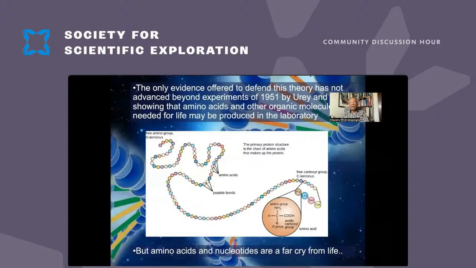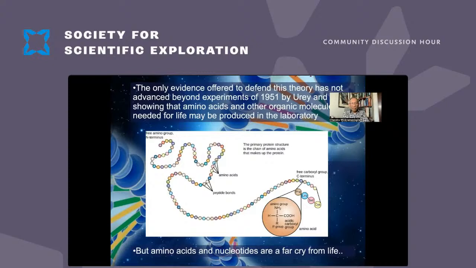This was taken further by the work of the 1950s by the famous geologist Harold Urey and chemist Stanley Miller, who in the laboratory was able to show that simple organic chemicals like amino acids and some carbohydrates and so on could be formed in the laboratory. They took simple inorganic chemicals like methane, water, ammonia, put them into a flask, and he showed that these could be formed. But these are very simple biochemicals,